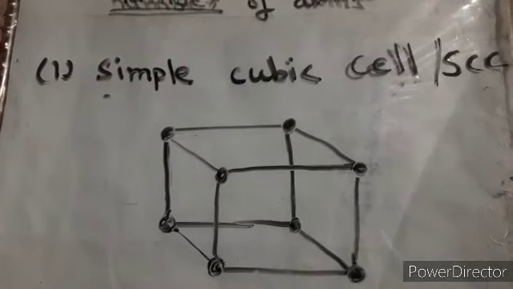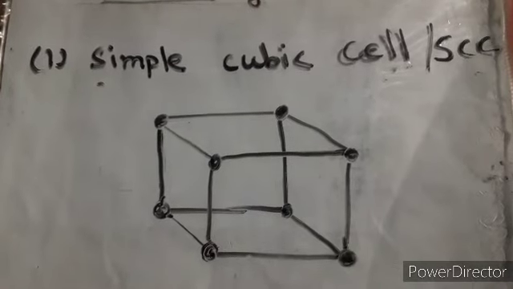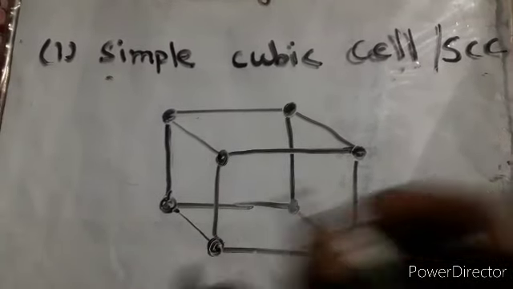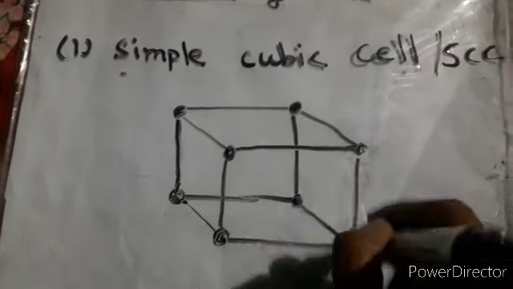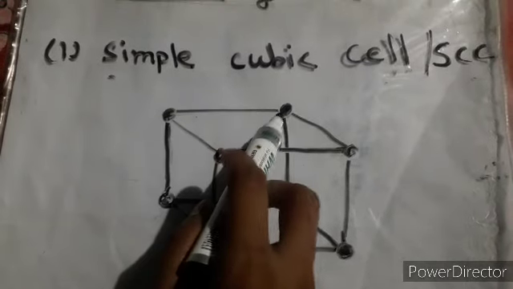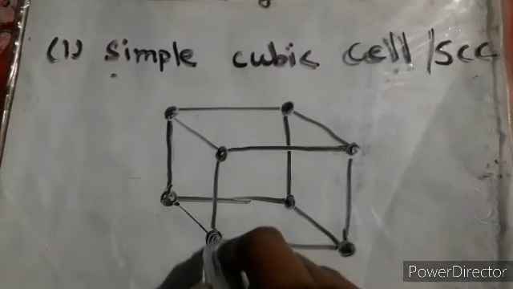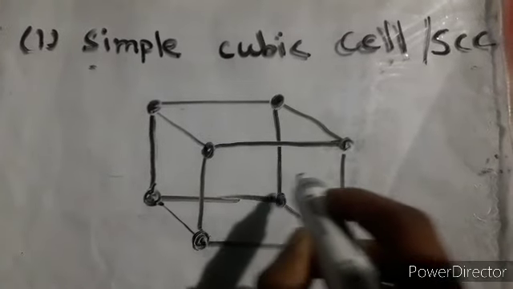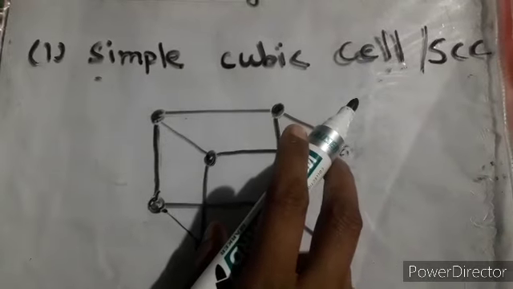Now this is the simple cubic cell which I have made earlier, and we have discussed it. Why is it simple? Because over here the particles or the constituents are present on the corners, right? No other place, only the corners. You can see these particles, whether they are atoms, molecules or ions, are present in the corners of the cubic cell. So this is the case of the simple cubic cell.